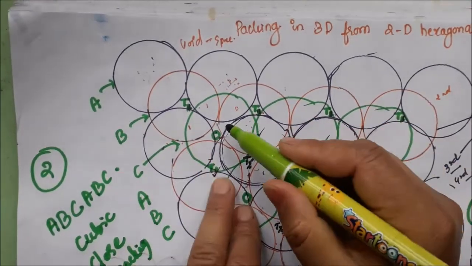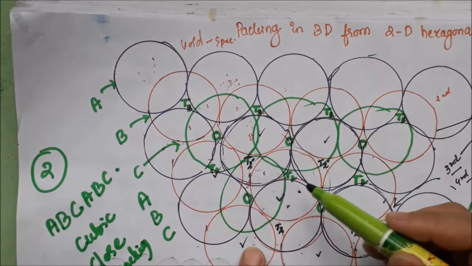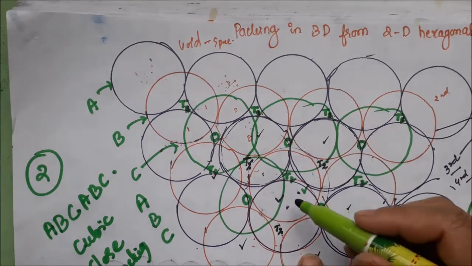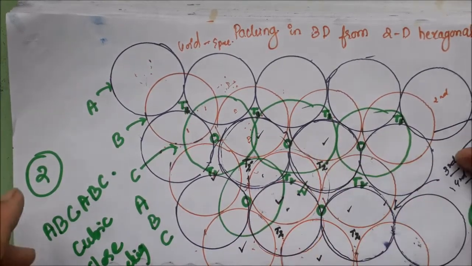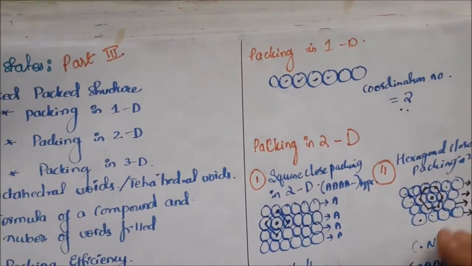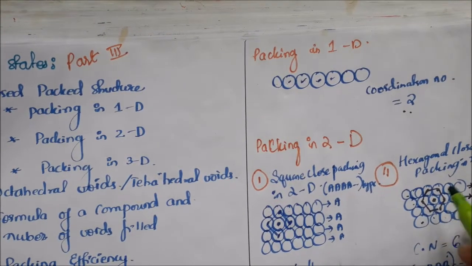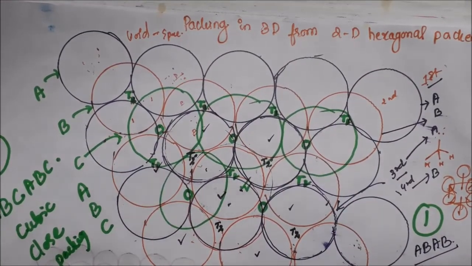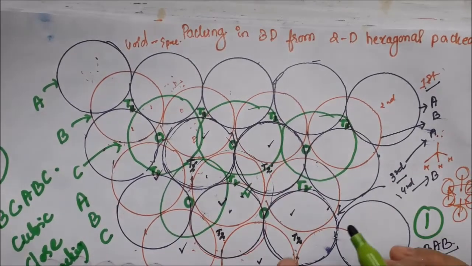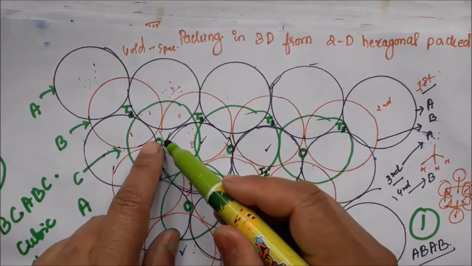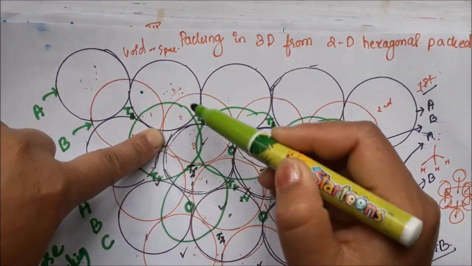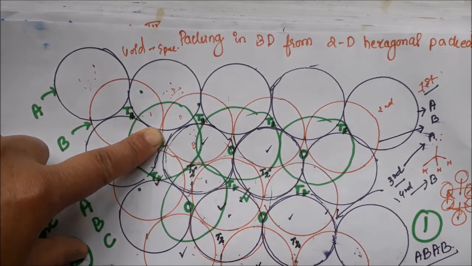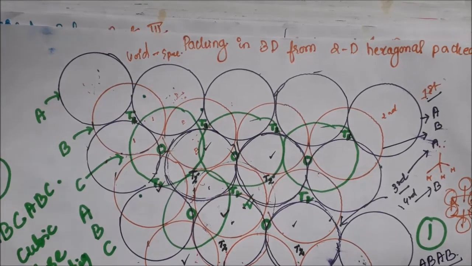The coordination number is the same. How? If you consider this orange one, in the first layer of hexagonal close packing, in that same layer 6 can touch it. So the coordination number is 6 from the same layer. Now the one below it: how many below touch this atom? 1, 2 and 3. And how many above touch it? 3. So the total coordination number is 12 for cubic close packing.